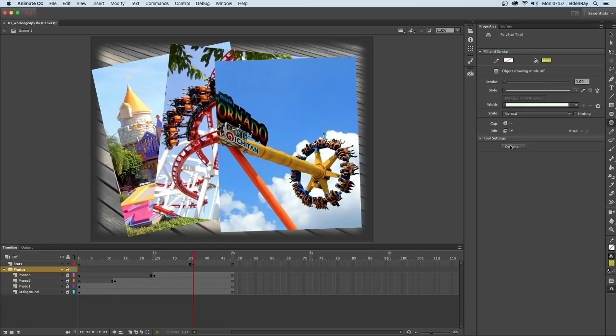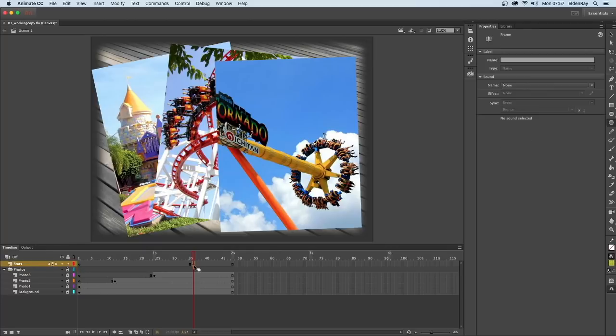Select the options button in the properties panel. From here we can set the tool setting style equal to star. Okay, we have the style. You can choose polygon or star. Just change to star. Number of sides 5, and the star point size just 50. Then click OK. And from here, let's make sure that the empty keyframe in frame 36